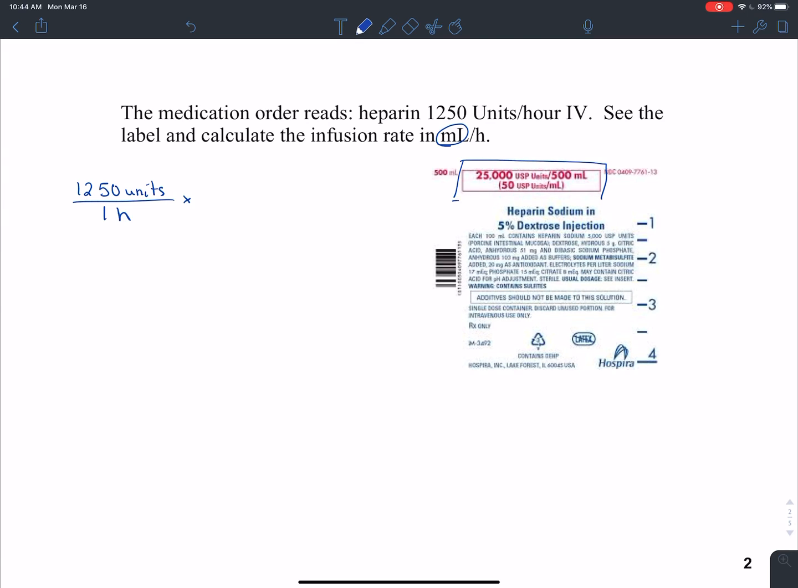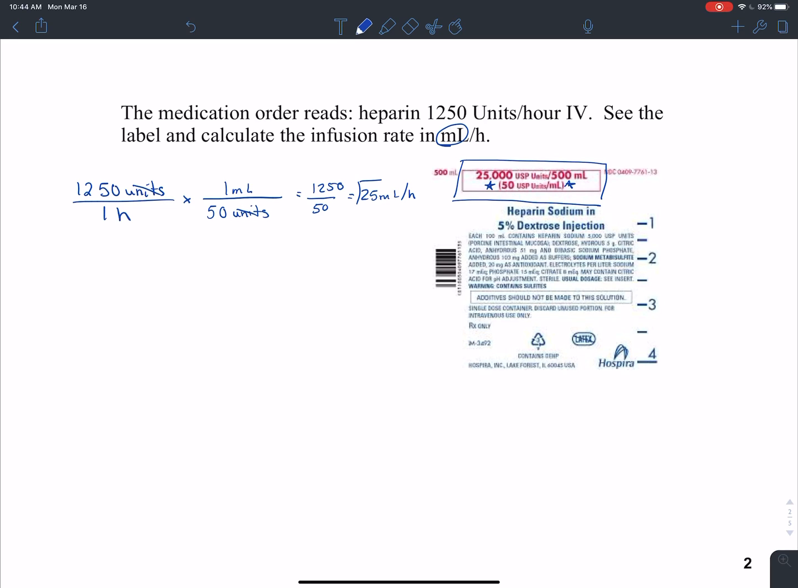They are up here in this red box. So what I typically do is pick the one that has the smaller number value. So I'm going to use the 50 units per milliliter. I'll put the 50 units in the denominator, so units will cancel out, and the 1 milliliter up in the numerator. When I do that, that gives me 1,250 over 50, and when I divide, it gives me 25 milliliters